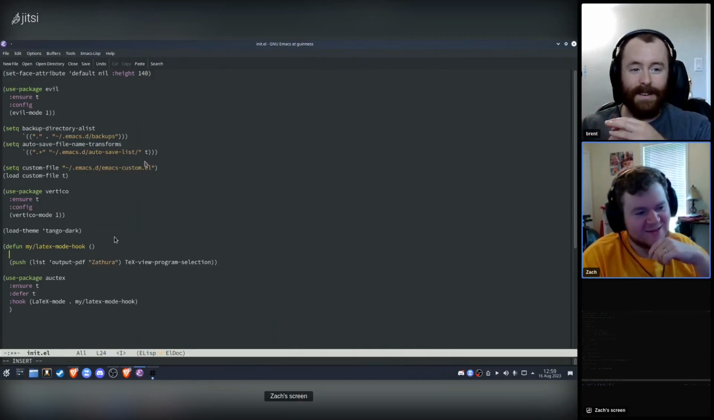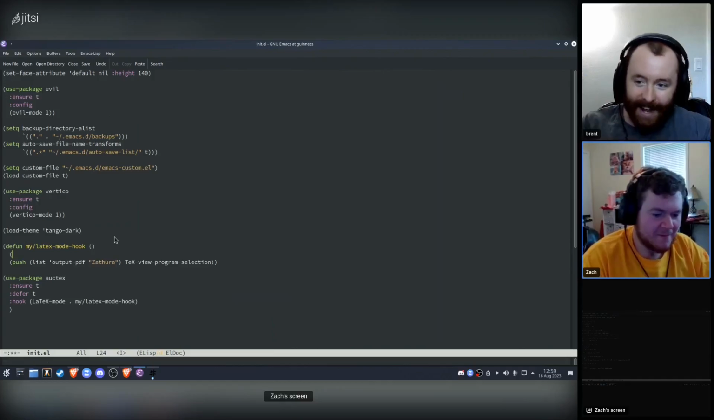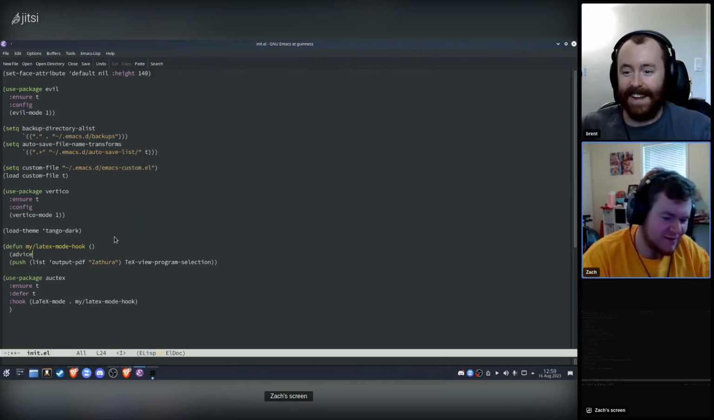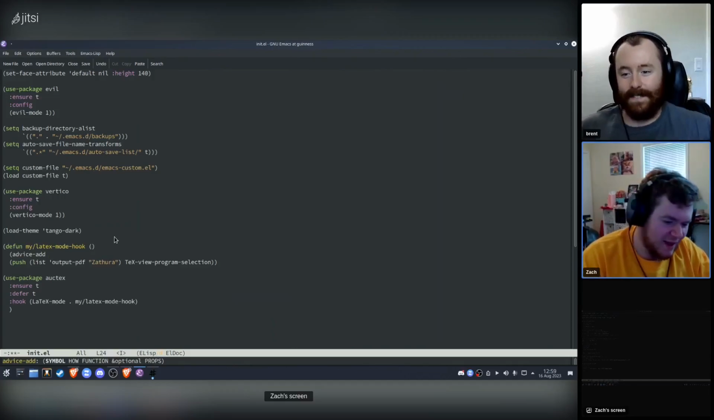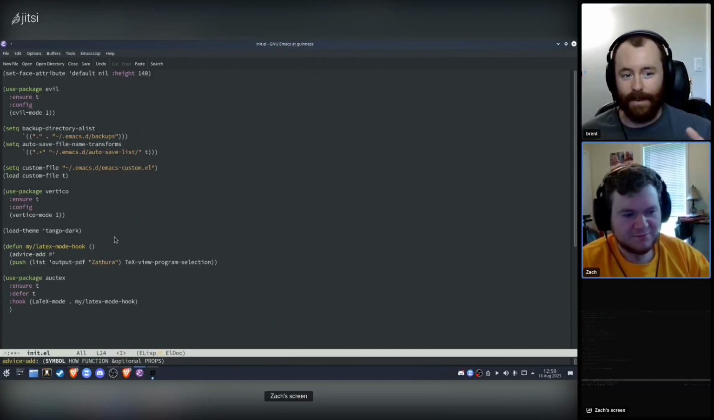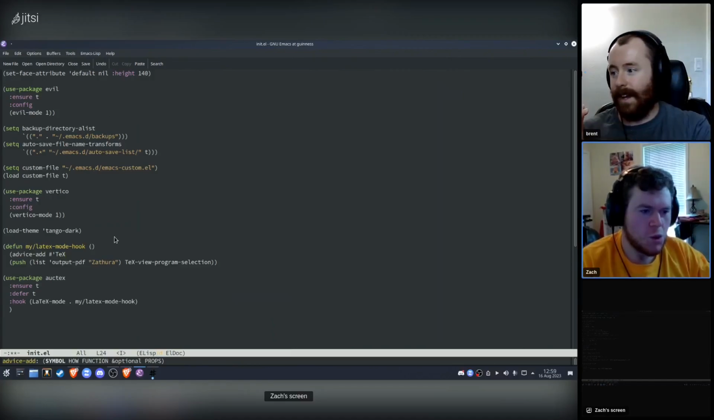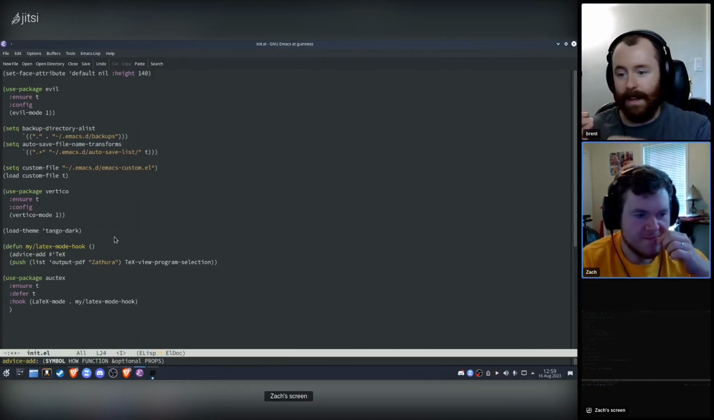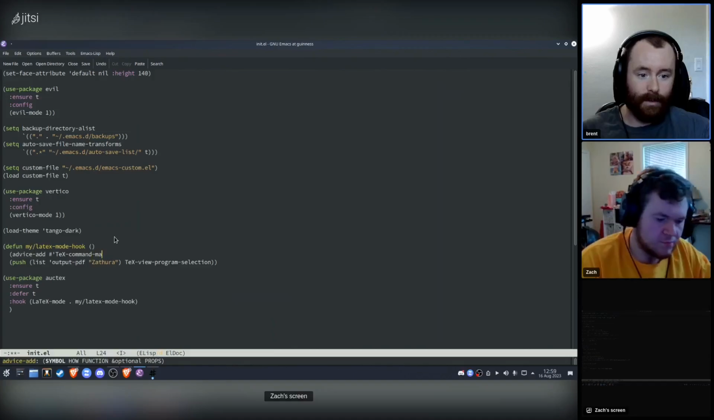Okay. So what I do here is I open paren, advice-add, space, and then you can put just a quote. I put a hash quote here. That's a way of quoting that emphasizes that you're quoting a function name. Okay. And now capital T, lowercase e, capital X, dash command dash master. So we're adding advice to the function that runs when you hit Control C in LaTeX